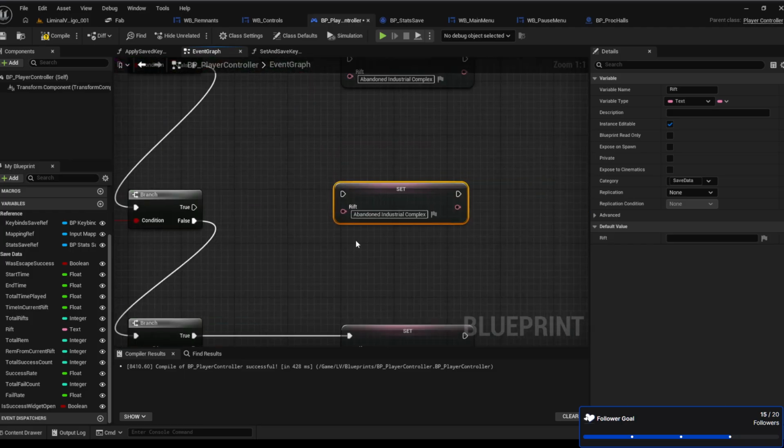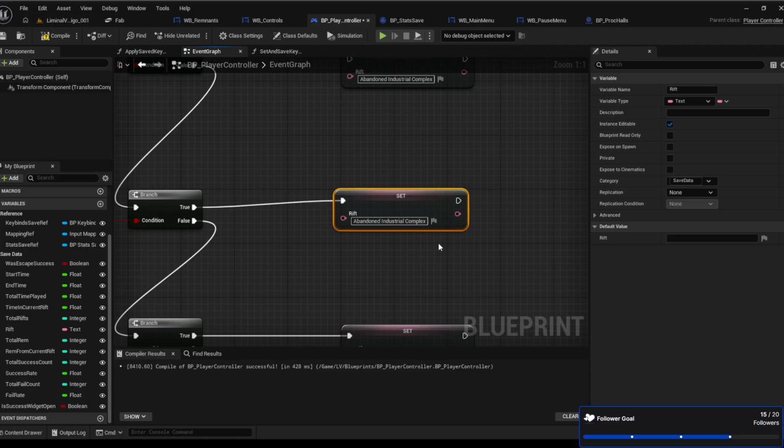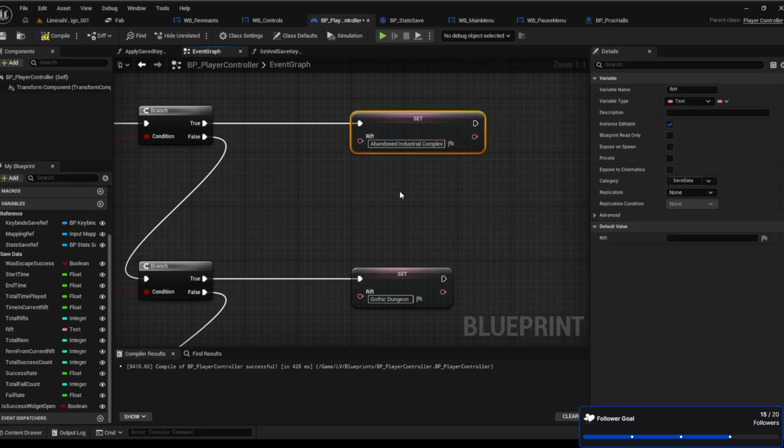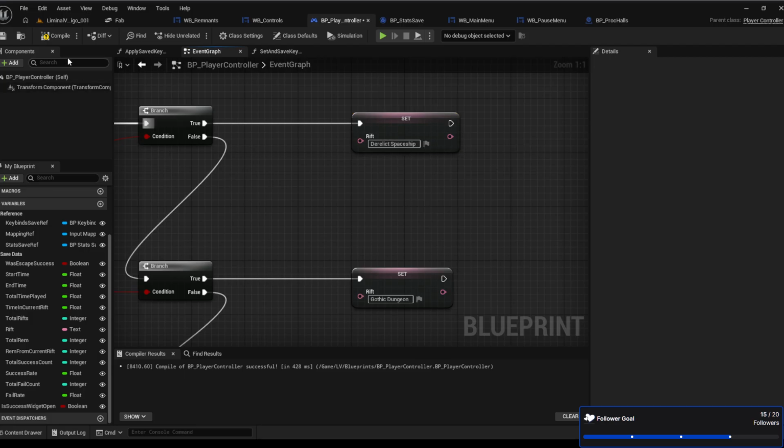And for Liminal Vertigo 2, that will be the Gothic Dungeon instead of Gothic Cathedral, which is what the asset pack is. It's actually from a cathedral, but when I set it up, it looks like a dungeon, so I was like, okay, I'll just call it Gothic Dungeon. And then this one is the Derelict Spaceship. Okay, so those are hard-coded in,